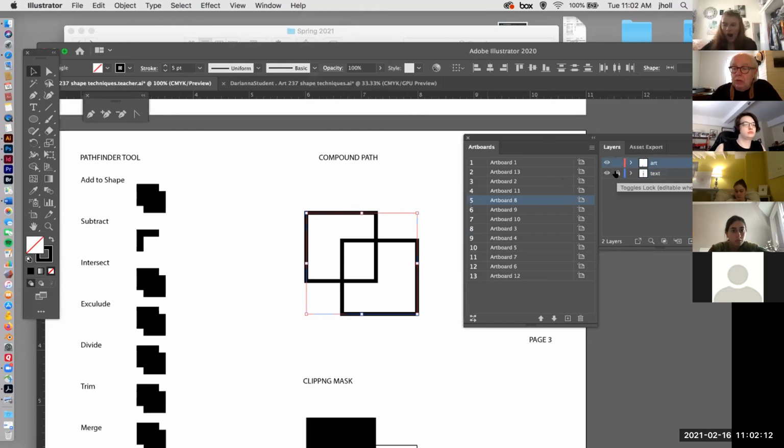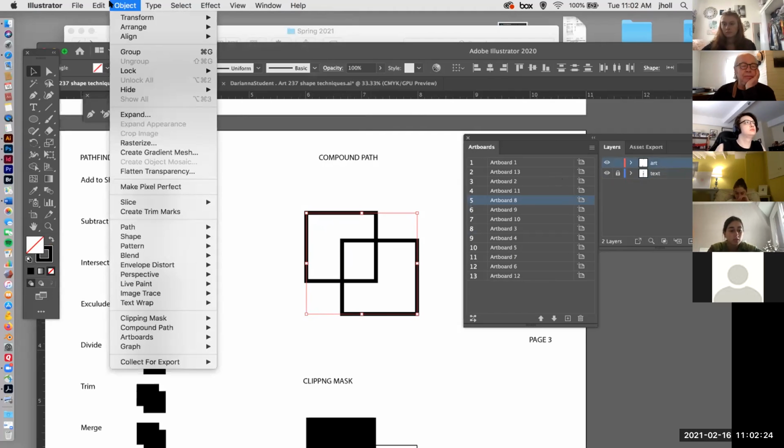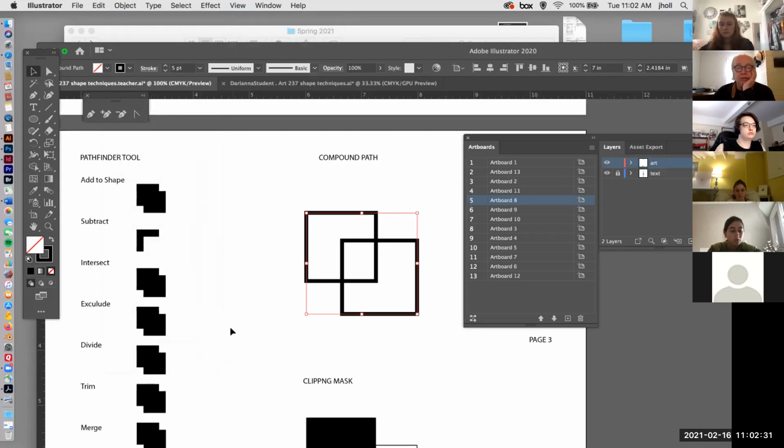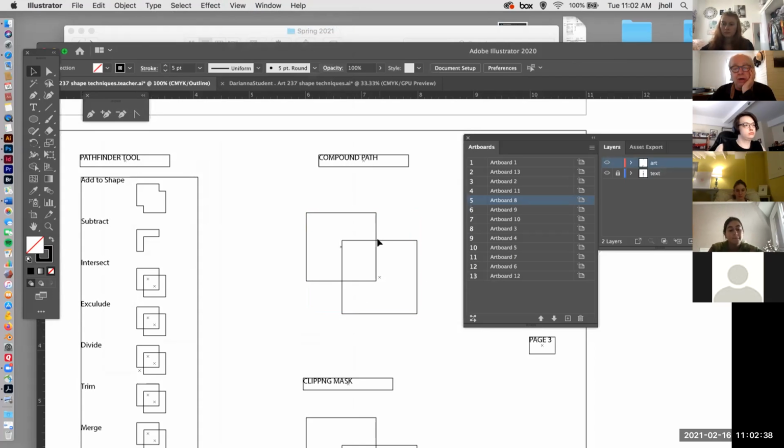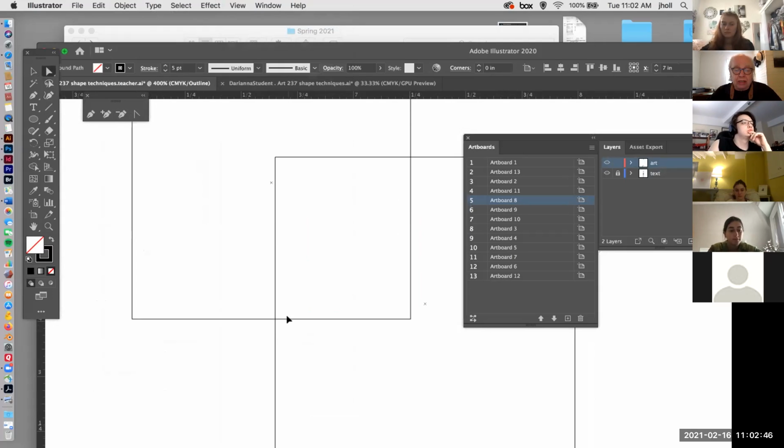I can lock that text layer or not. And now I can come up here. Those are both selected, and I can make a selection very easily by just doing my marquee. Object, Compound Path, Make. There's a compound path. What did that do? View, Outline. It made it one object. I click on it, it's one object. If I go over here to my Direct Selection tool and click on it,